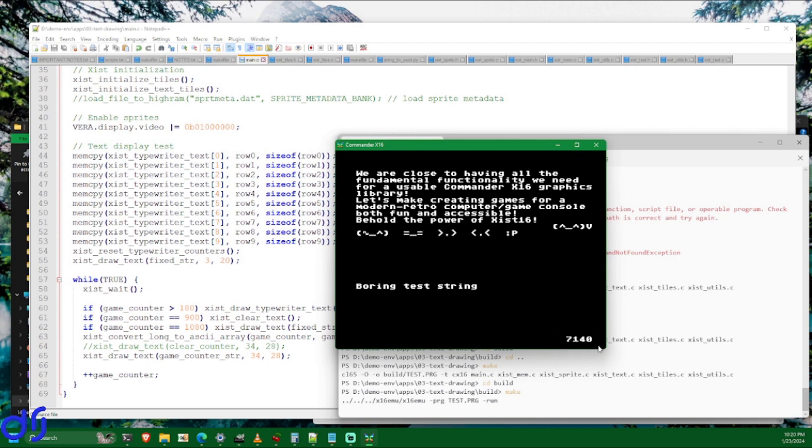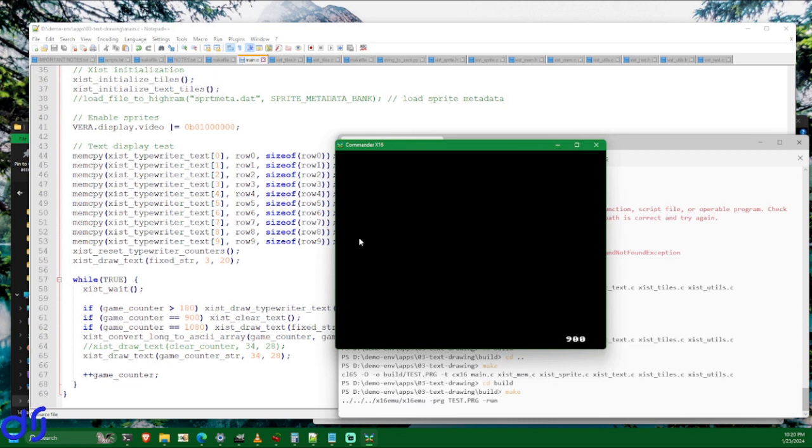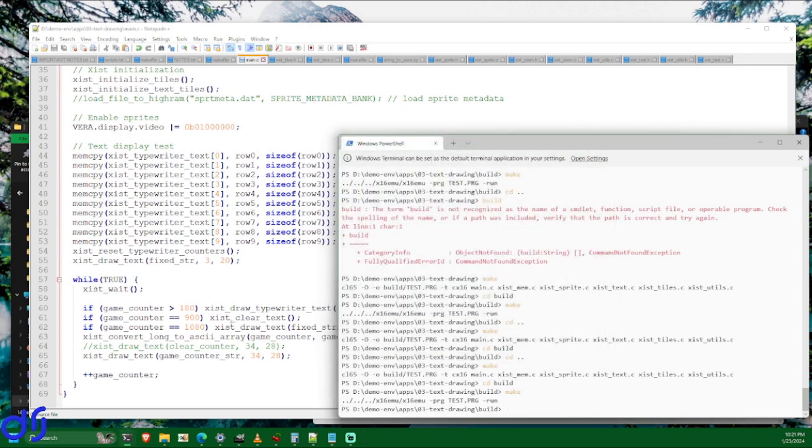Well, remember that the way this works is we're actually updating what each of the tiles in the Commander X16's tile layer 1, we're updating the graphic being displayed by each of those tiles, which means that if we write out some text somewhere, like, say a frame counter, if the value of the text we're writing then becomes shorter, which is to say we were displaying a value with more digits, and then we go to displaying a value with fewer digits, then unless we explicitly set those tiles back to show nothing, or rather to show a space, then they're just going to show whatever was the last character that was being displayed there before the string got